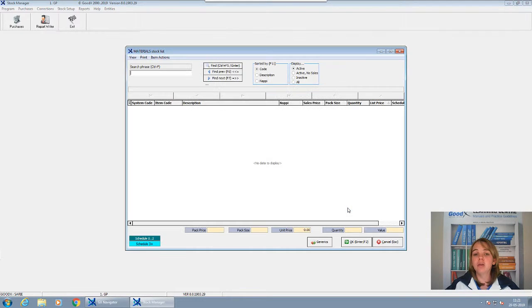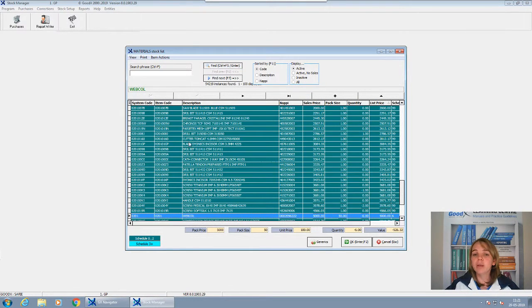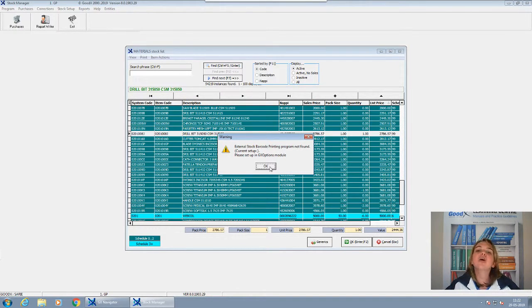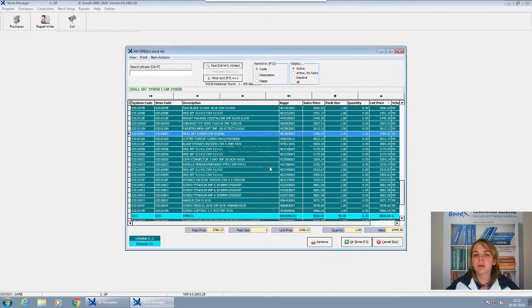Okay, and then you say okay, choose the correct item, say print barcodes. You tell the system how many labels it must print, and you say okay. Now if you get this message, as how I got this message, that means your setup was not done. Okay, but otherwise it will give you a nice little barcode and you can print the barcode then. Okay,